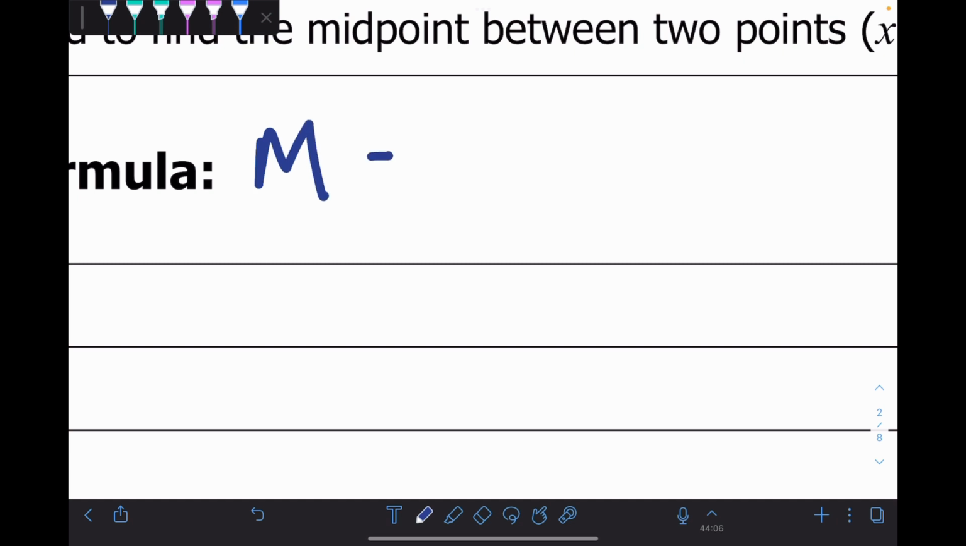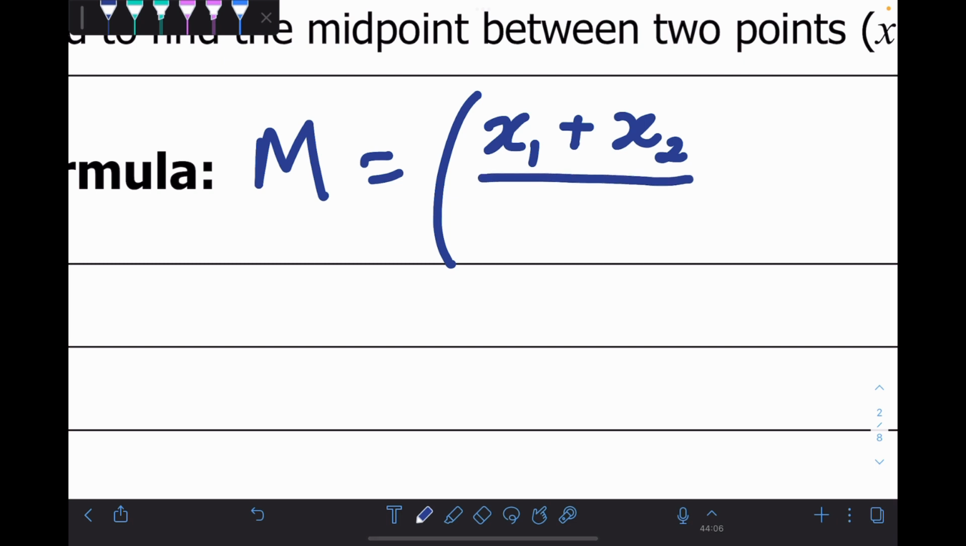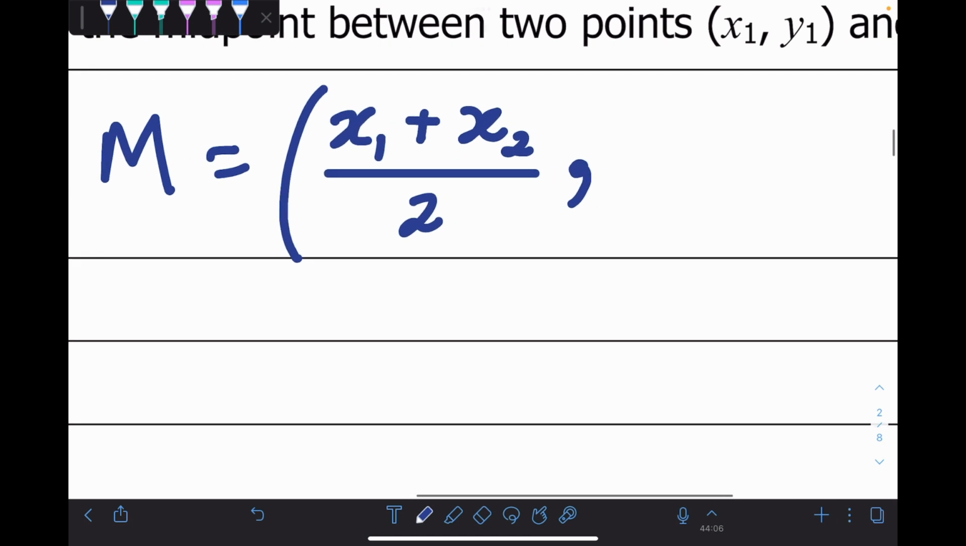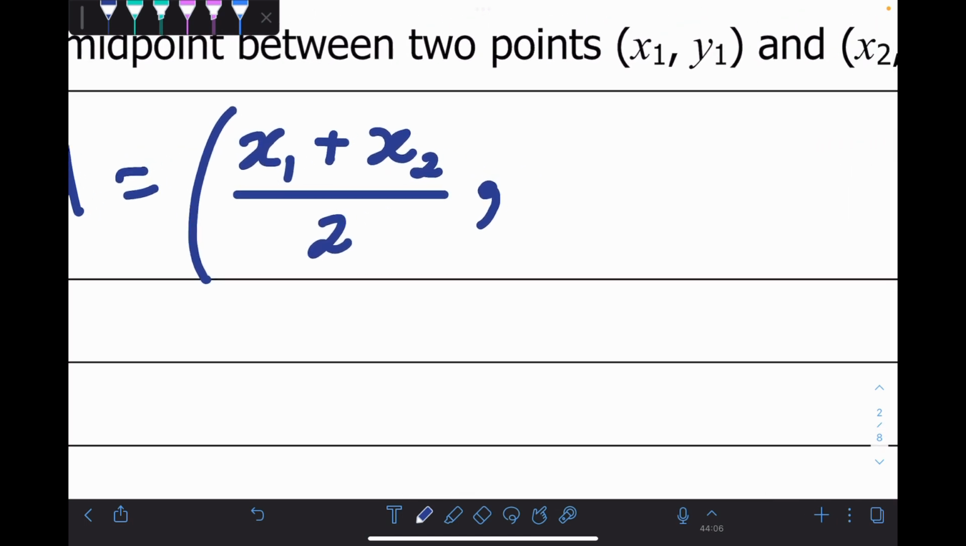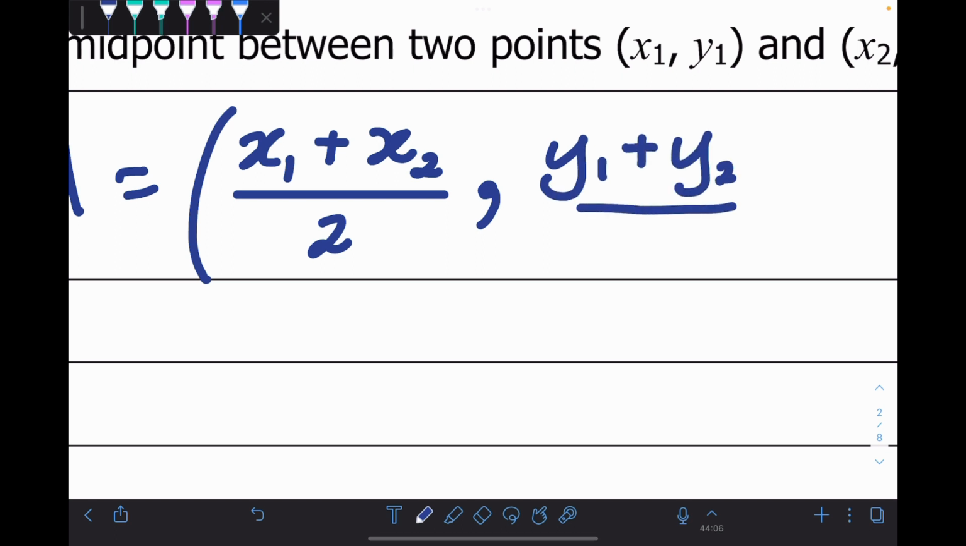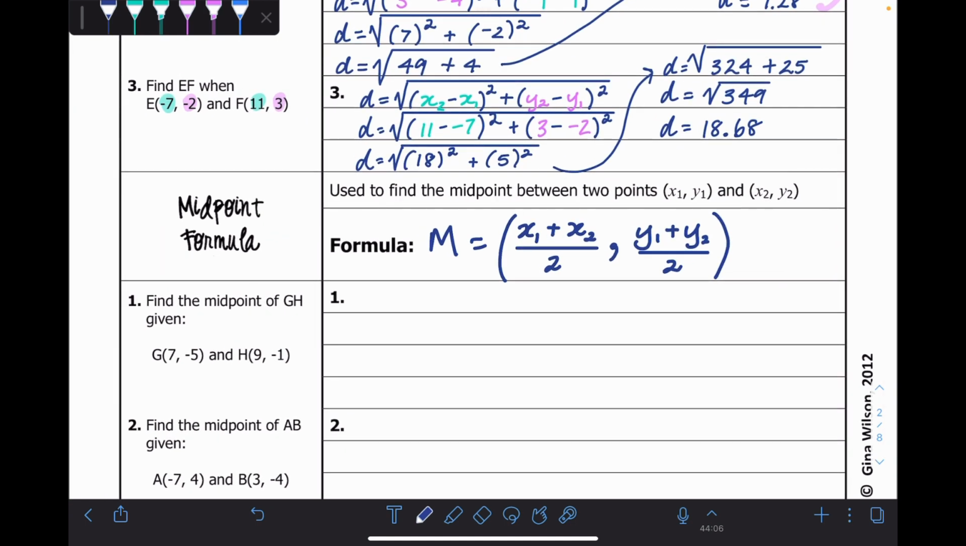M is equal to, open bracket, the average of the x values for our x point, and the average of our y values for the y part of our coordinate point. Ta-da! Wonderful. And if we read what it's asked us,